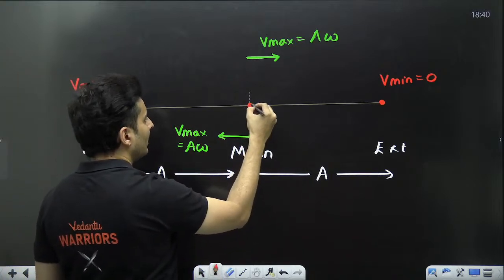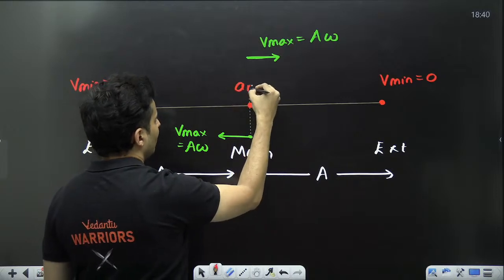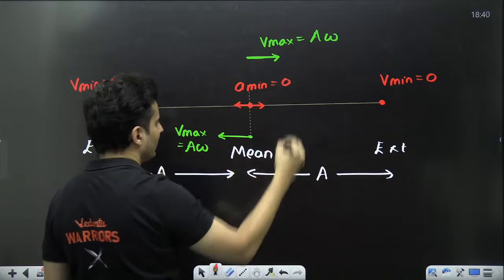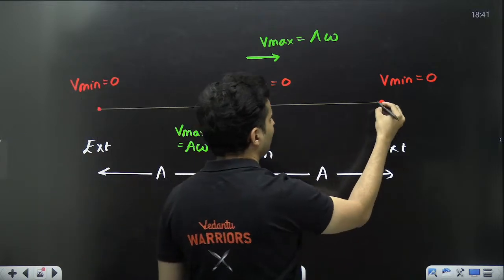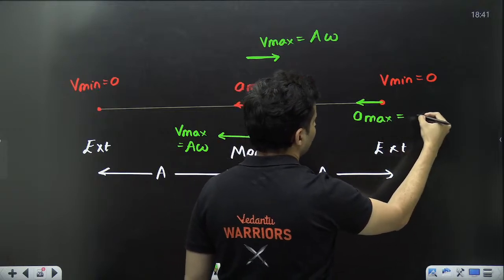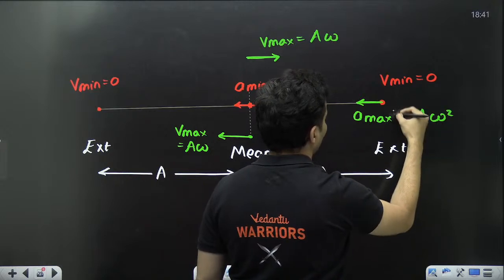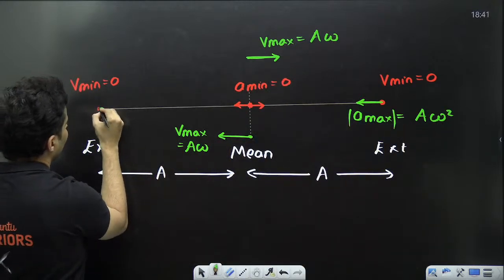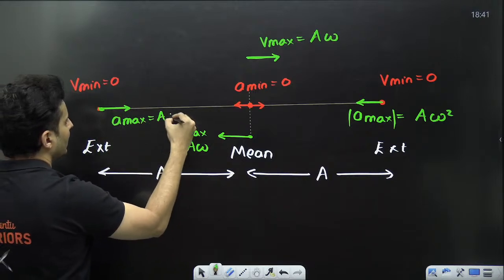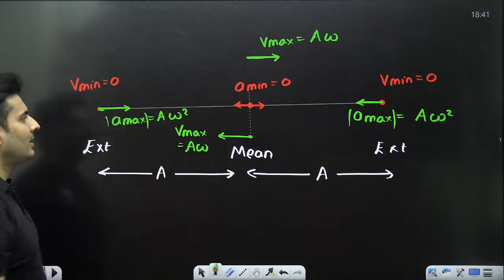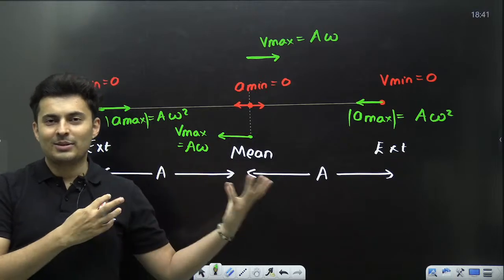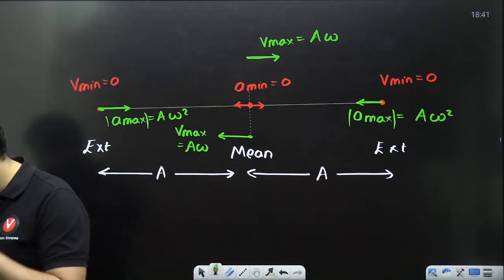Acceleration is minimum here, either when you are going this side or that side, doesn't matter. As you are crossing this point, acceleration is 0, and acceleration is maximum here. So here you will have maximum acceleration, which is magnitude-wise A omega square. So this is again over here max acceleration, which is A omega square. Is that right? So this is a very, very good graph or visualization, or I would say chart, which will help you clear all your doubts.